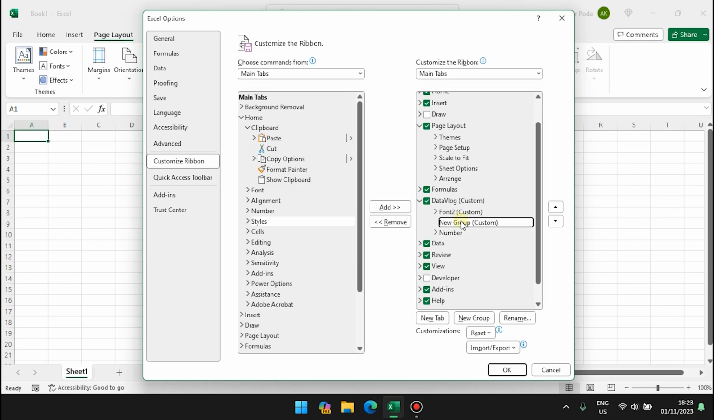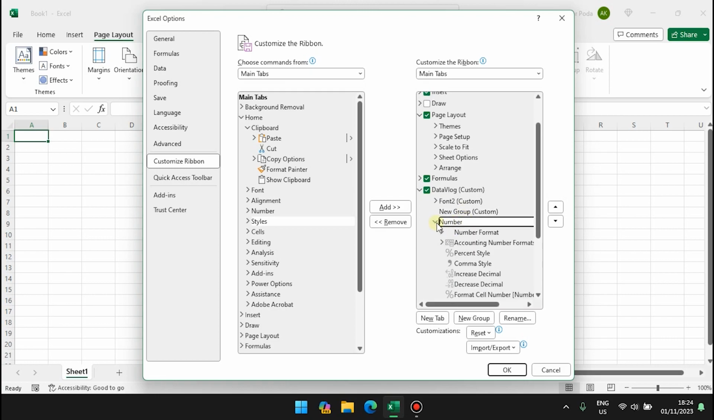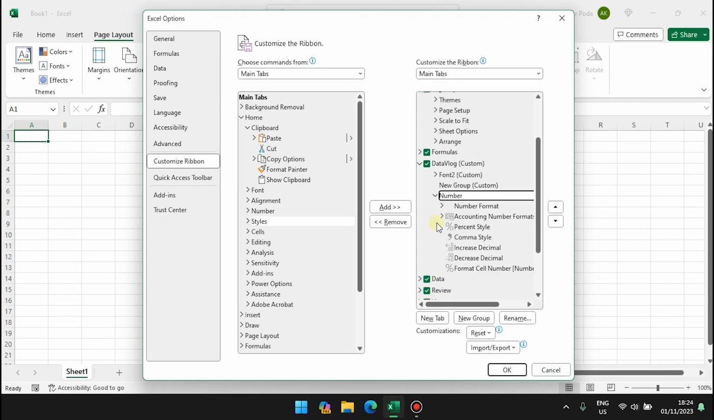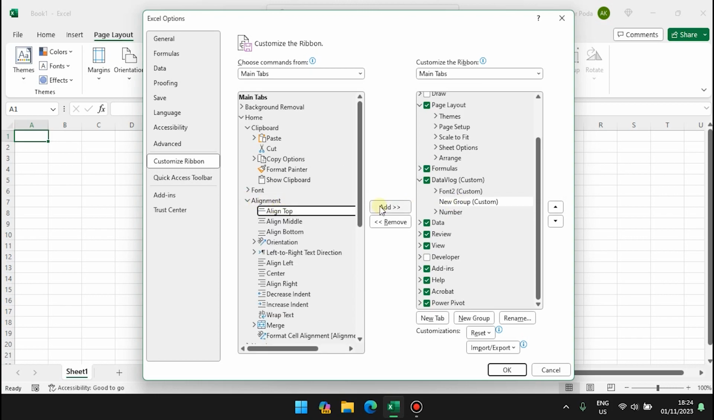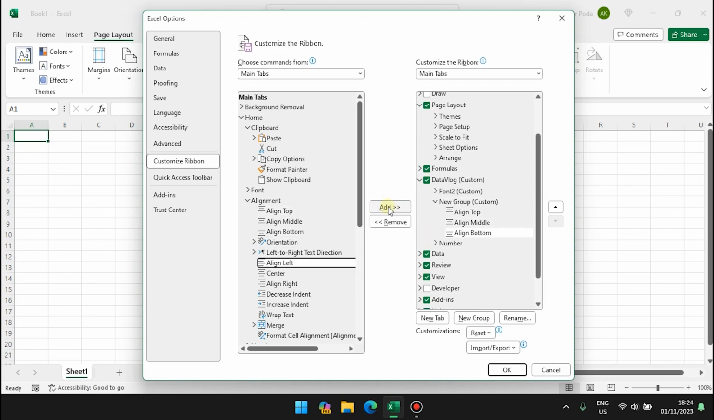When you add any entire group, it adds that group as it is without changing anything. When you expand this menu group, you will see all of these different menu items here. Under this new group, let us add a few more font related items. I can add align top, align middle, align bottom, align left, center, right, merge and center, wrap text, and